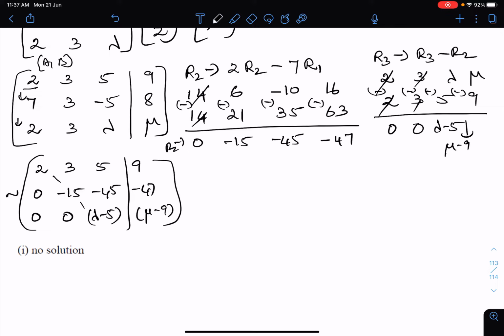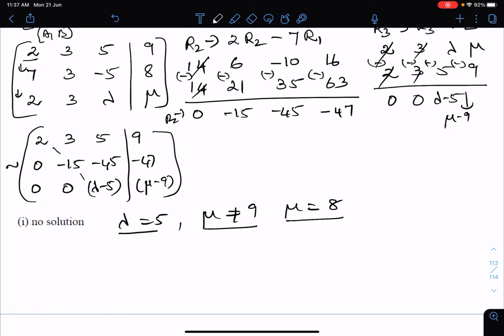So for that, what are the values for lambda and mu? If you put lambda equal to 5 and mu not equal to 9, okay? Why mu not equal to 9? If you put 9, this also will become 0. But we have to get rank of AB as 3 and rank of A as 2. So you are going to take lambda equal to 5 and mu not equal to 9. Other than 9, you can have any values. Let us take mu equal to some 8, any values you can take. So these are the conditions we are going to use for no solution.